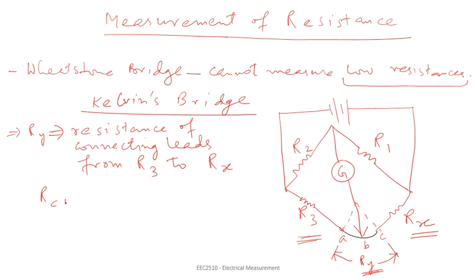What did I just tell? That the ratio of the resistance, that is RCB over RAB, is equal to R1 over R2. So we will just start our analysis by this step. Let us assume that the galvanometer is connected to this intermediate point in such a way that the ratio of RCB and RAB is equal to the ratio of R1 and R2. Now let us proceed.